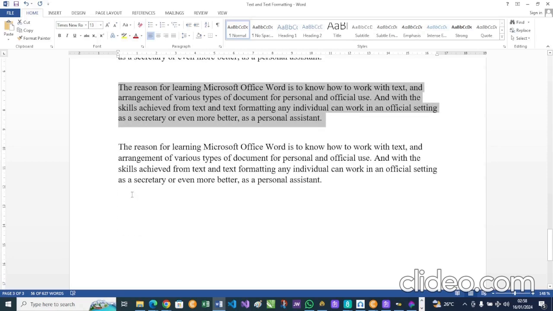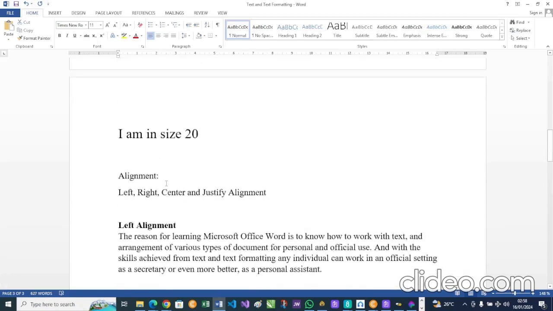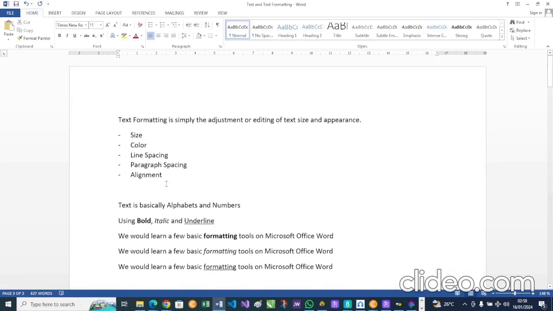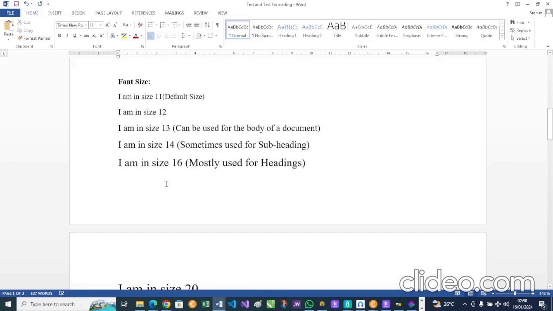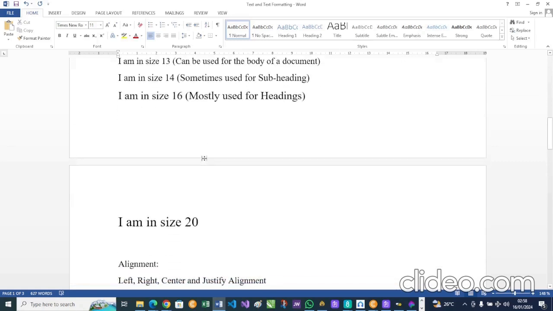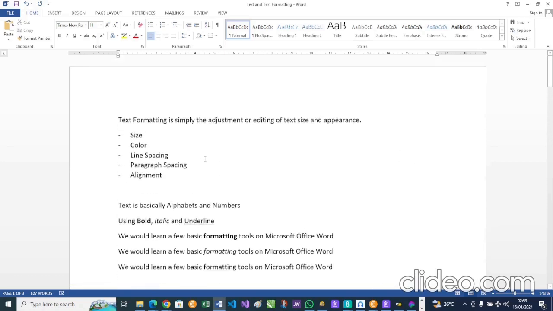So that does it for our lesson for today. Today we really talked about text and text formatting. We talked about how to change size. We changed our size to various sizes to see how it looks different when changing size. We talked about